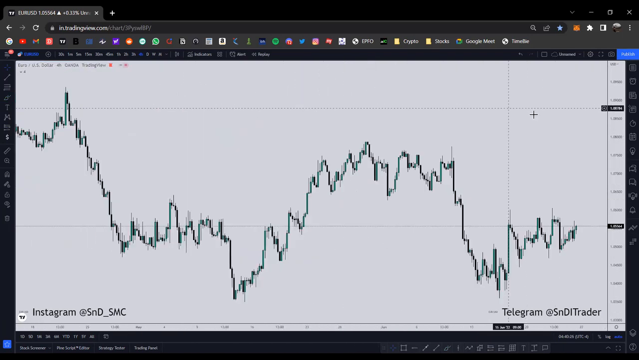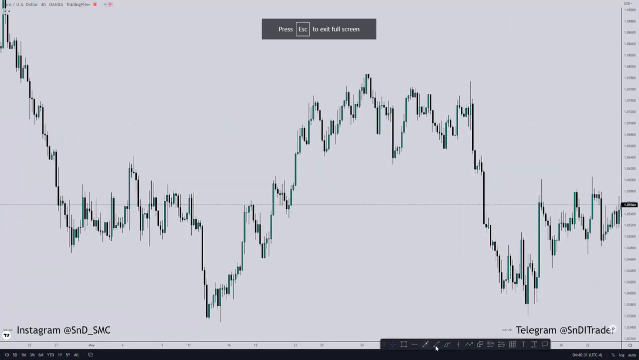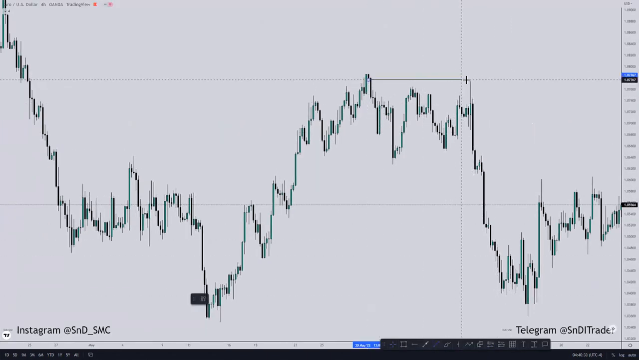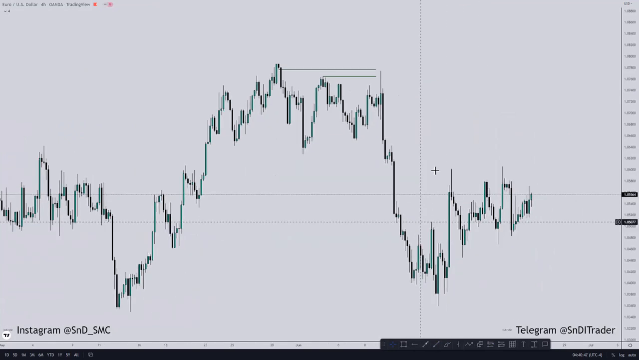This is the Euro USD chart. So we have a fair value gap here. What happened here? This was the fair value gap here. This was the fair value gap here. And what happened here is price came and filled half of the fair value gap and dropped again. Okay, so we had another fair value gap here from this wick